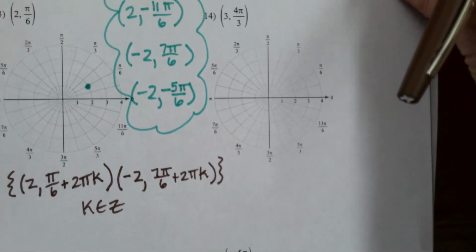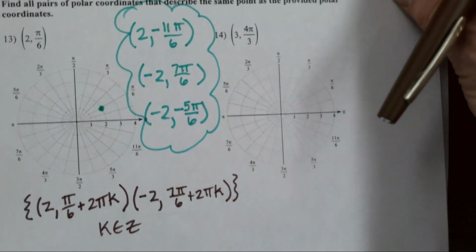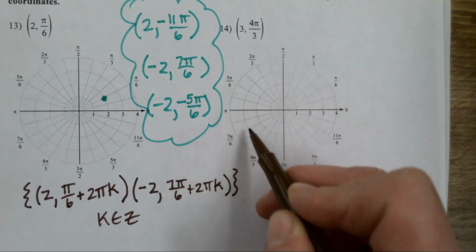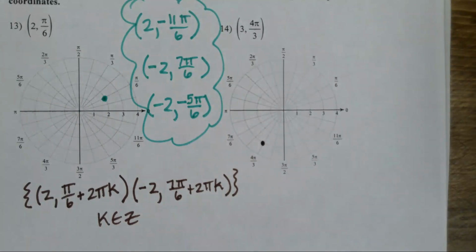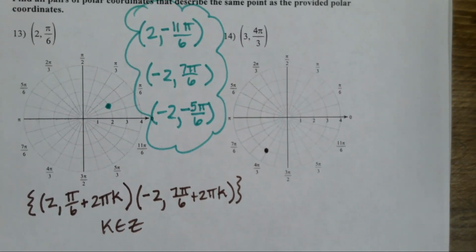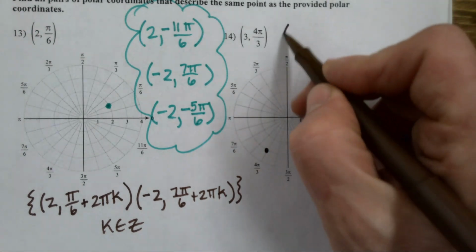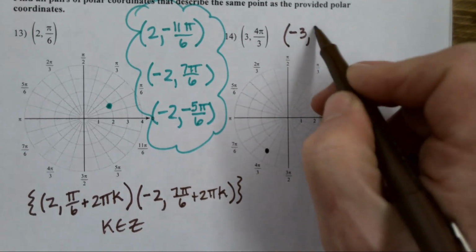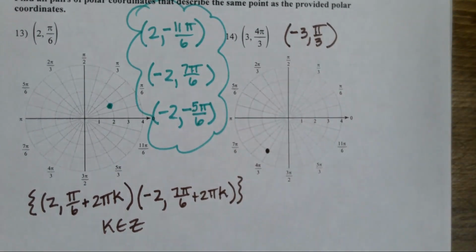Okay, so we're going to go through that process in the next one. I've got my positive, that's 4 pi over 3, right over here. I can also get there by going negative 3 pi over 3. Good. I could also get there by going 3 and backwards, or negative 3 and backwards, but I'm going to go 3 with a positive radius, positive angle, negative radius, positive angle,